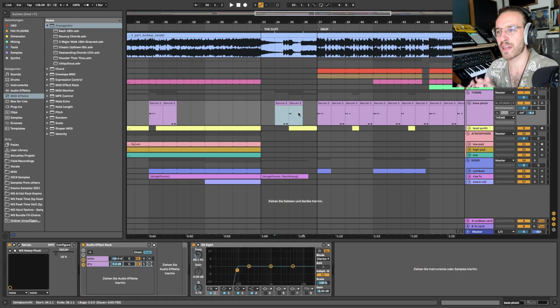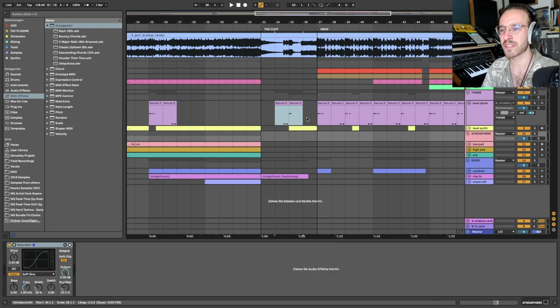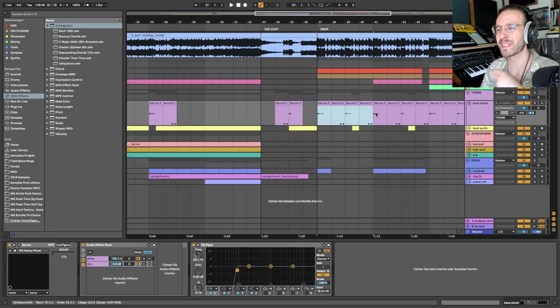This is one of my favorite techniques to present the main sound in this cliff part before it hits the drop. Instead of just dropping or having another sound here, like for example a vocal or something, I really like to have the sound that is going to lead later on the drop presented in some way. So after this little tail of the reverb,